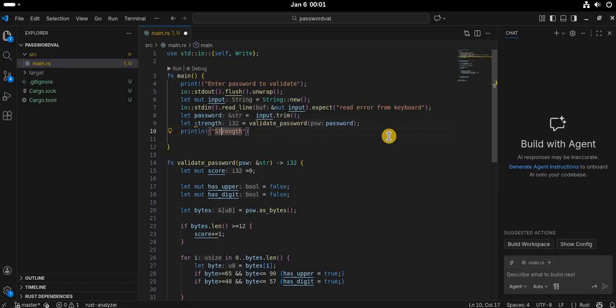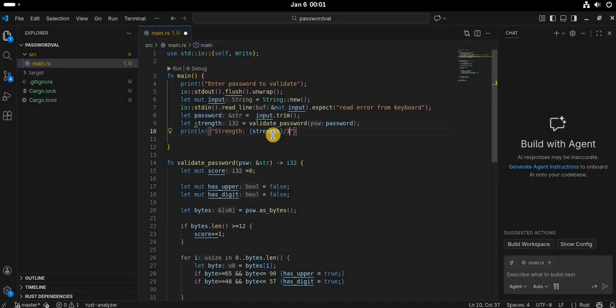Spelling is wrong here. Strength of the password, and what should we say? Out of 3. Yeah, now it is out of 3